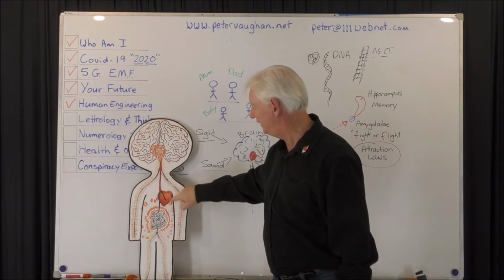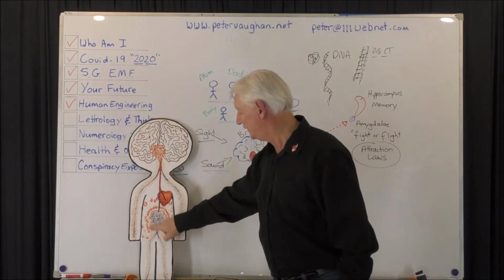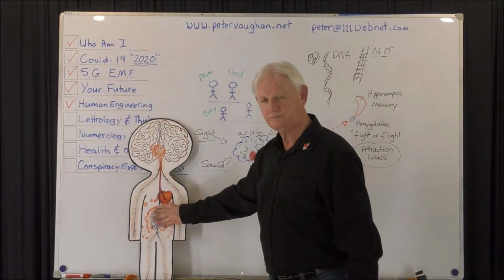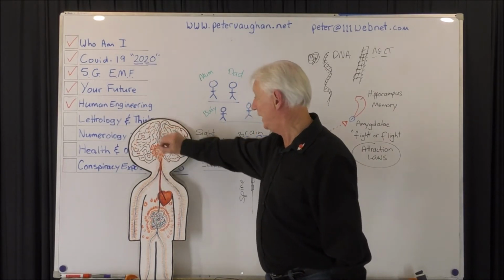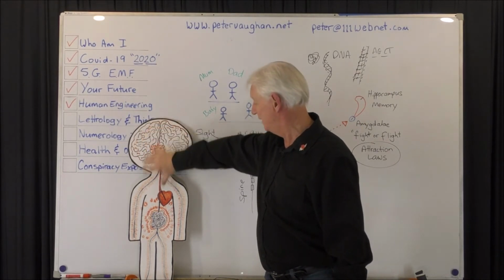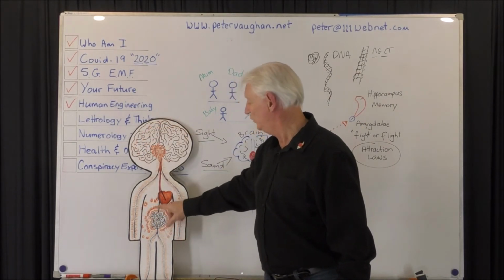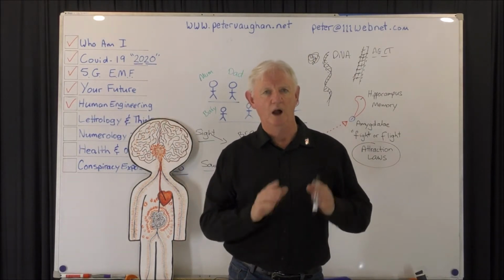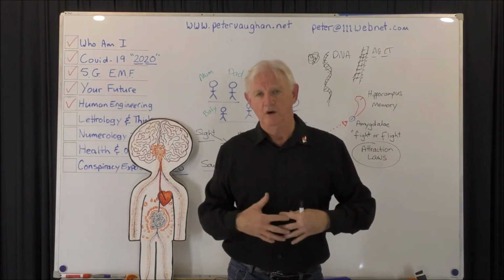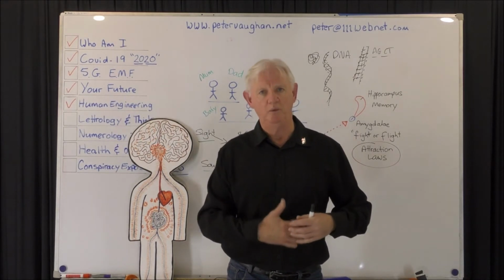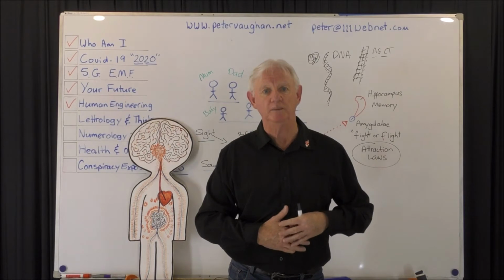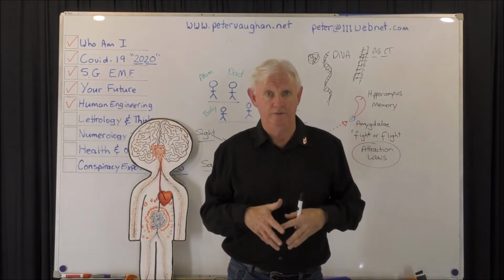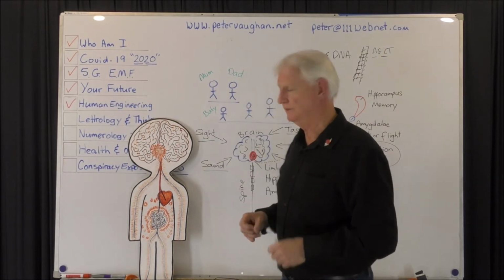Your heart's sitting in here, it's a big one. And I've got this line going down to your intestinal tract because there are more nerves there, the biggest collection in your body outside of your brain. So your brain's one big nerve mass, but all the nerve endings around here are why, when you get information in at times, you have this thing called a gut feel, or I don't like this, or I do like that. An inspiration, a thought comes to you, and you can feel it in the stomach. If we're happy, we might call it the butterfly feeling, or the dread feeling, and it can make people sick.